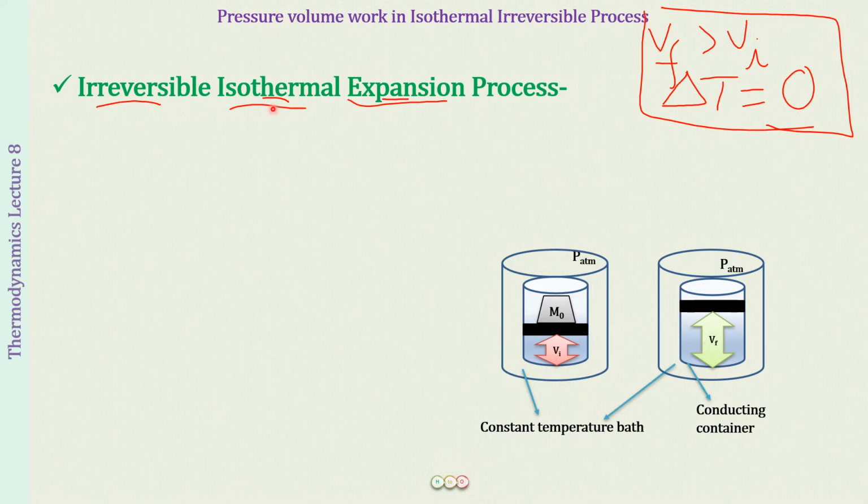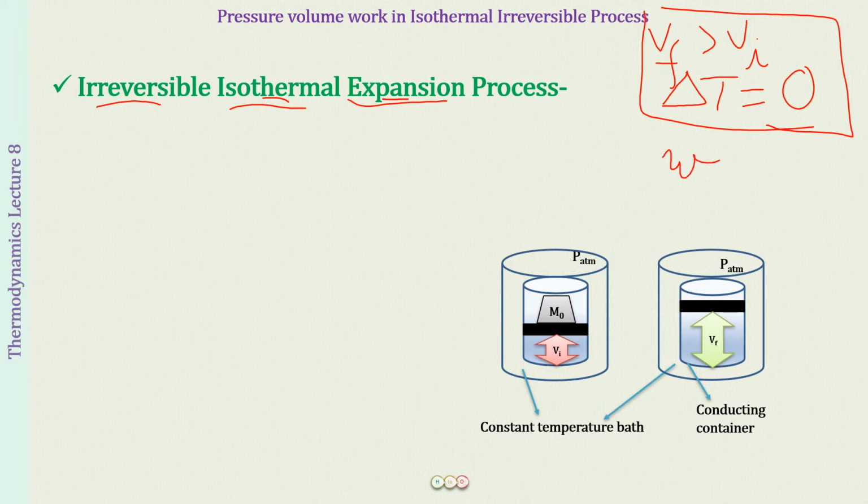The next thing, what do we want? We want it to be isothermal. I explained in the last lecture how we can have isothermal conditions, but I'll just repeat it once again. You have to understand that in the expansion process, it is the gas which is pushing the piston up. It is going to be work done by the system, or work done by the gas.